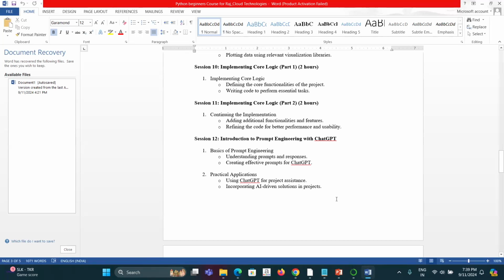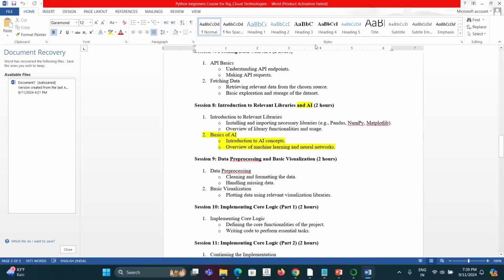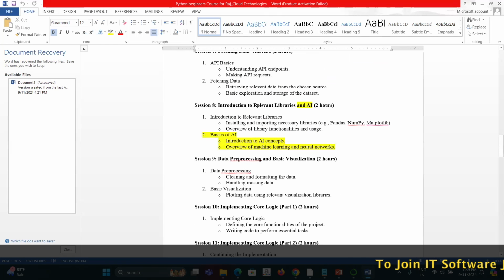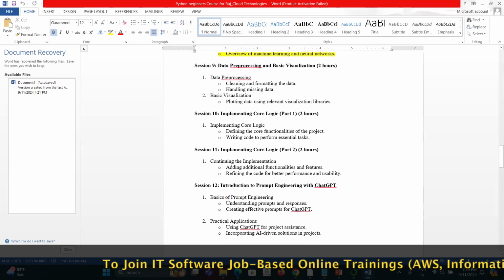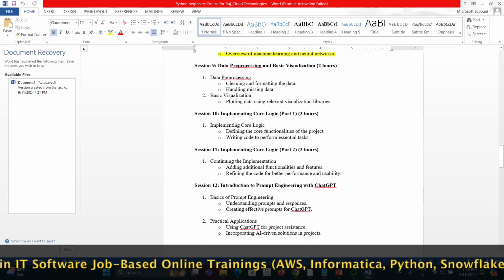But in today's session itself, I will show you what precautions you need to take. This course has been designed in such a way that we will use ChatGPT to generate the code. Since I have already covered the basics in the first 6 or 7 sessions, you will be able to understand that code, compile, test, and debug.